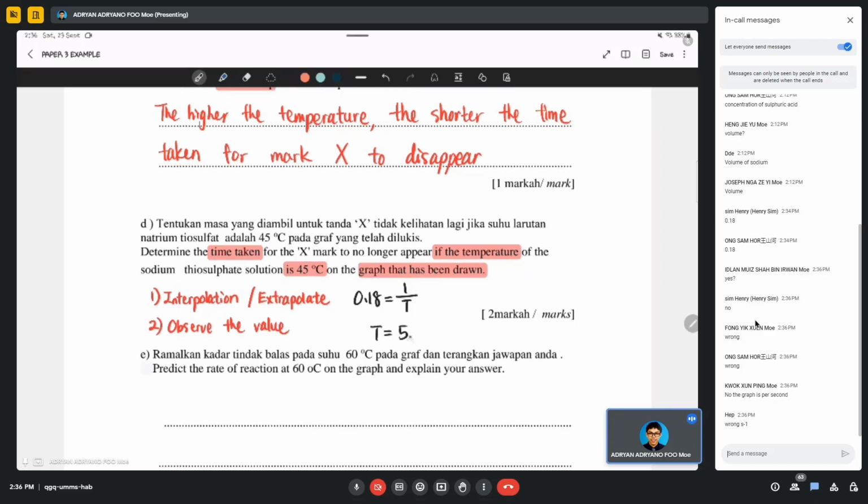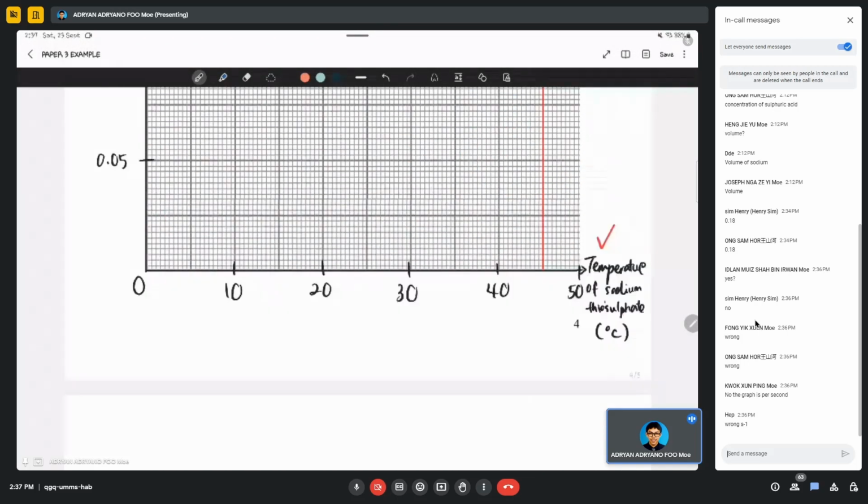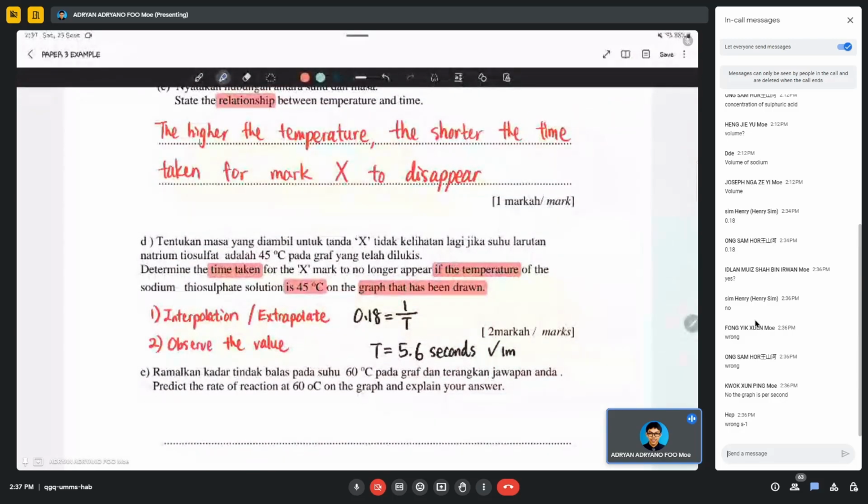Because it is time. Okay, 5.6, then don't forget the final unit, it is a must. So this is your answer. So in this way you get 1 mark, and another mark you get from your interpolation line. So remember, you must show it on the graph. Why? Because the question stated